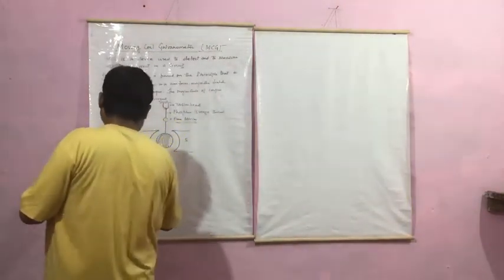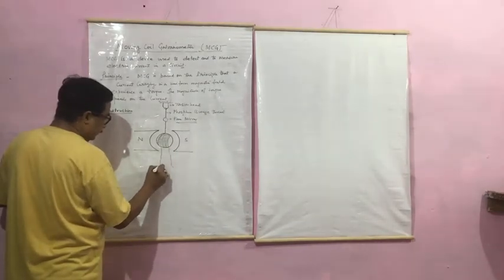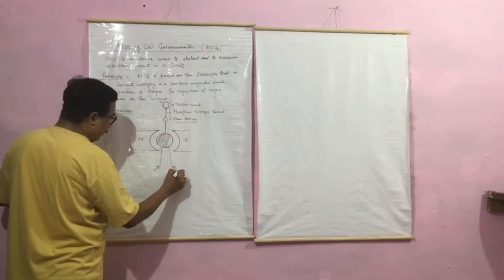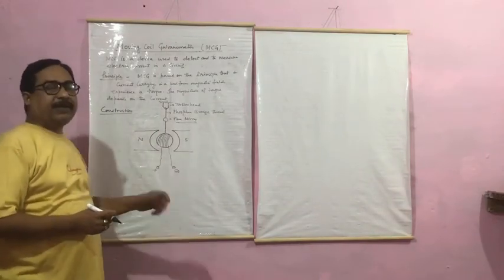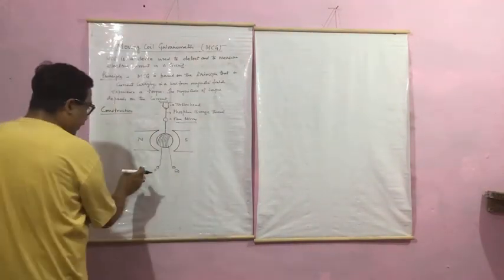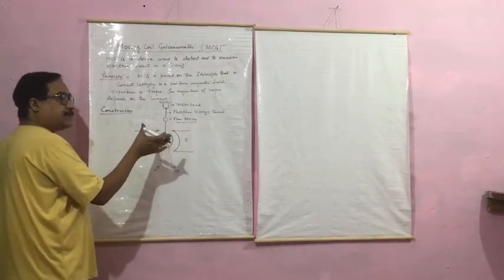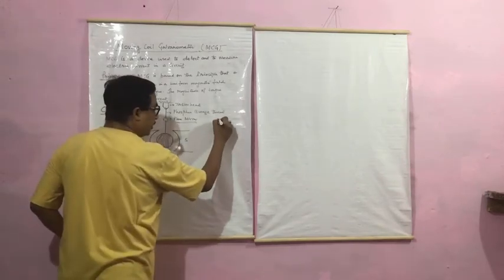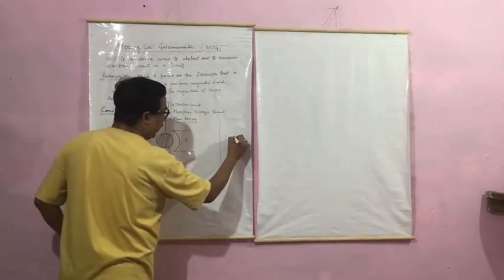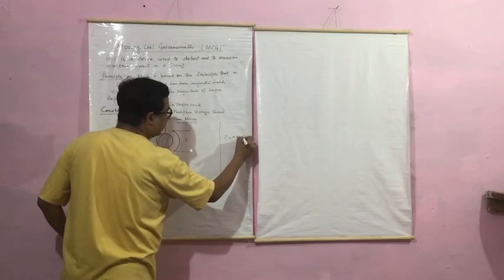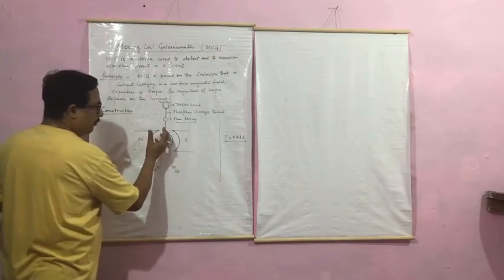Now come to the next part. The two ends of the wire can be connected to a circuit where we have to measure current. So when current passes through this coil in the magnetic field, it experiences a torque, and that maximum torque is given by the formula we have done in the previous video. Torque is equal to NBIA. This is the maximum torque. And because of this torque, the coil deflects.